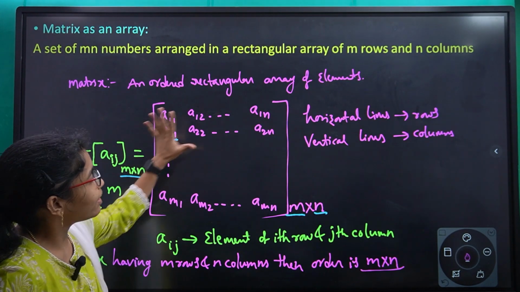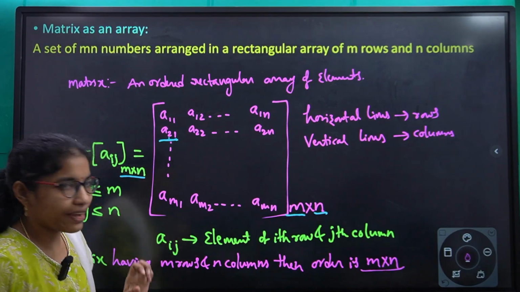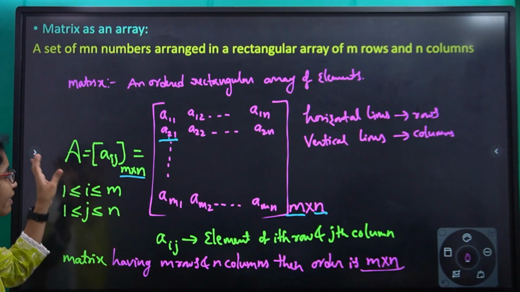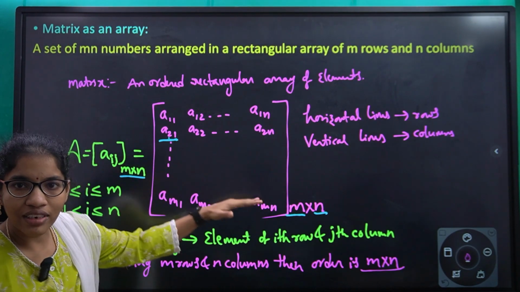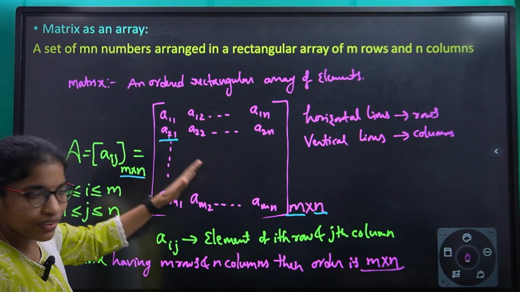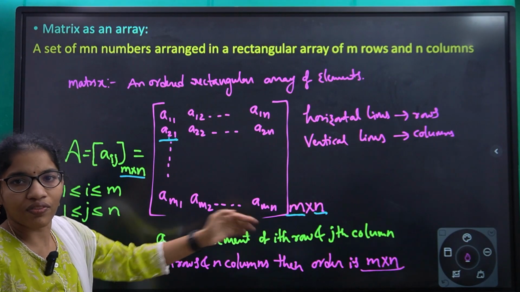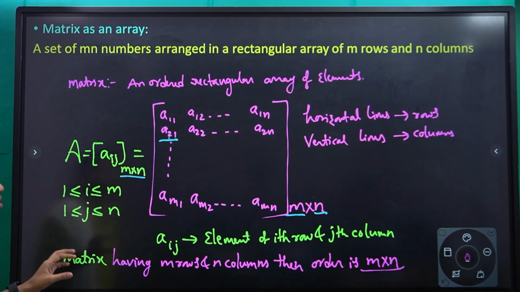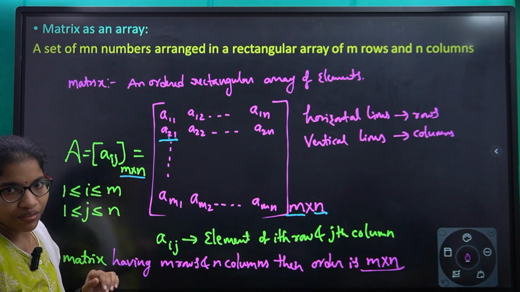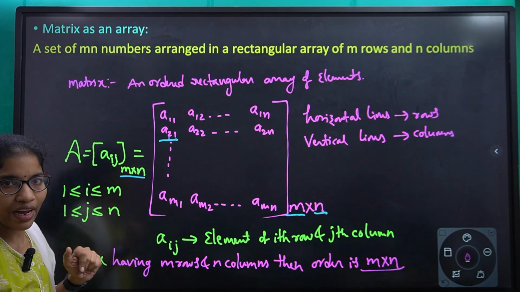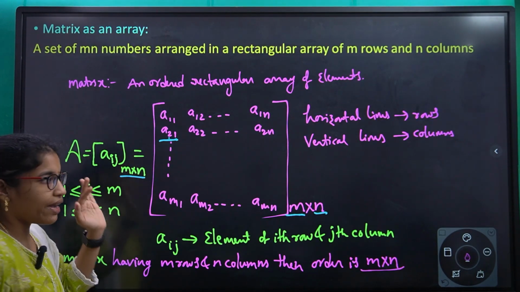So this is about the basics of the matrix. That means matrix representation is like a rectangular array. In that, an element you can represent as Aij. The whole matrix you can represent as A equals [Aij] m cross n, right? The horizontal lines you can call rows of the matrix, and the vertical lines you can call columns of the matrix. So this m by n is called what? Order of the matrix, right? Suppose they give some condition for this i and j, and they ask you to find the matrix with the order m by n. I will give an example.